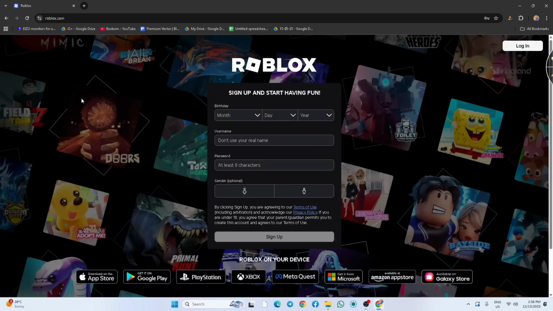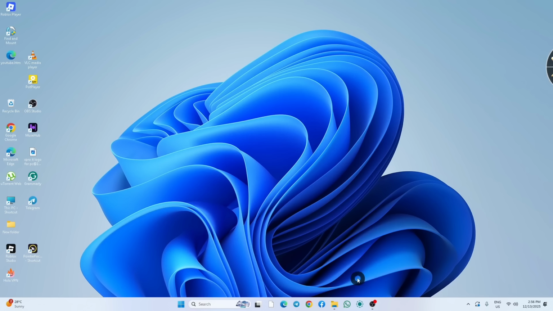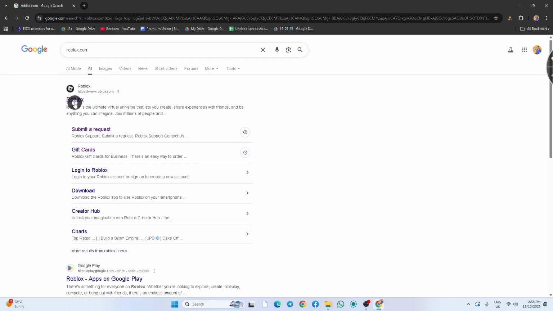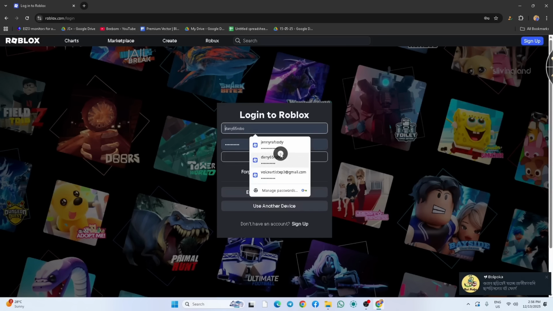Do you want to know how to download and install Roblox on your PC or laptop? You can easily download Roblox from the official website, roblox.com. In this video, I'm going to show you how you can do that without a sweat. Let's get started. So first, open up a web browser such as Google Chrome, and then navigate to roblox.com, and